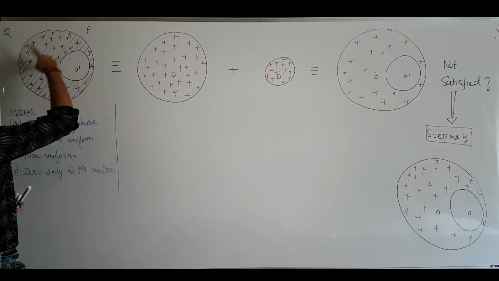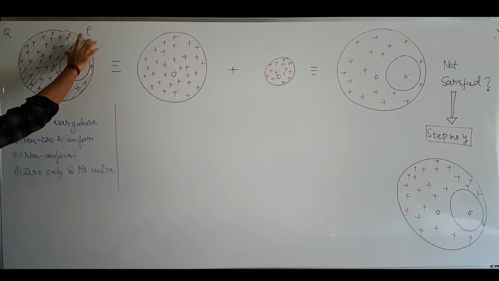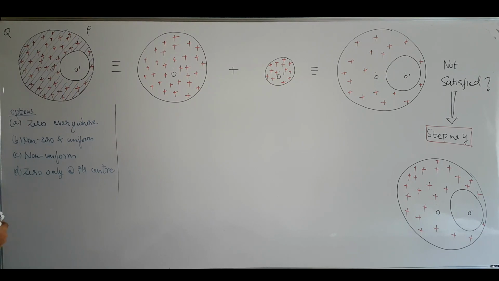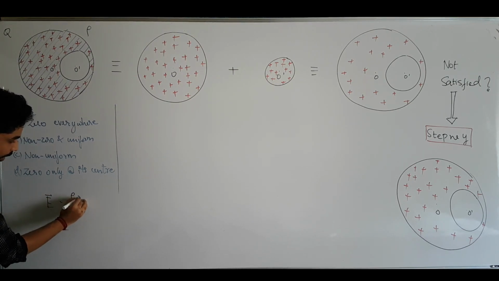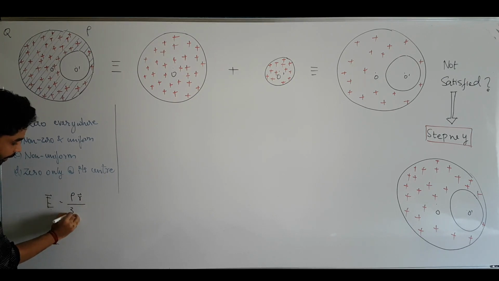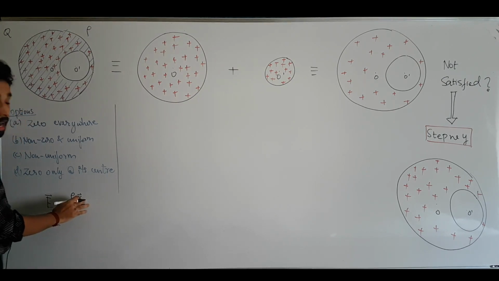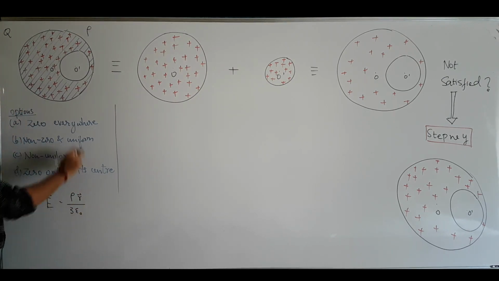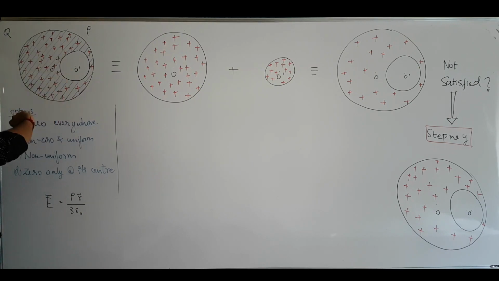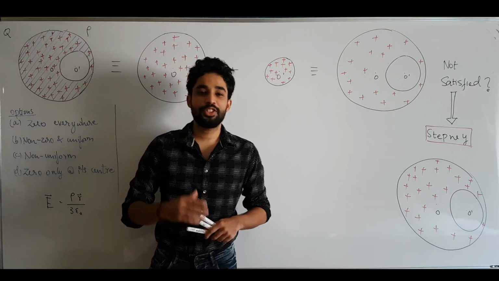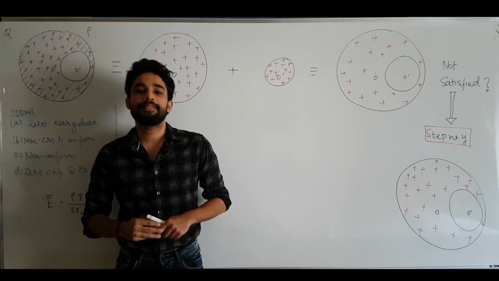So here we have a solid sphere of uniform charge density rho. Let's say I want to know the electric field at some point inside this solid sphere. That would be given as electric field E = rho r vector by 3 epsilon naught, where the r vector is the distance from the center to the point where you are finding the electric field. Now if you are not sure about the formula, please go to the flashback and then come back.